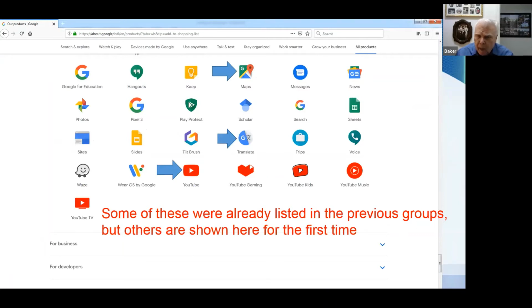Now, we got to maps a different way, but you could go to the Google Maps place. And here's Google Translate that gets a lot of press. And I guess we can use that sometimes in genealogy, as well as look at YouTube, which now belongs to Google. Some of those apps that are listed there, they had listed up above, but now here they are again.